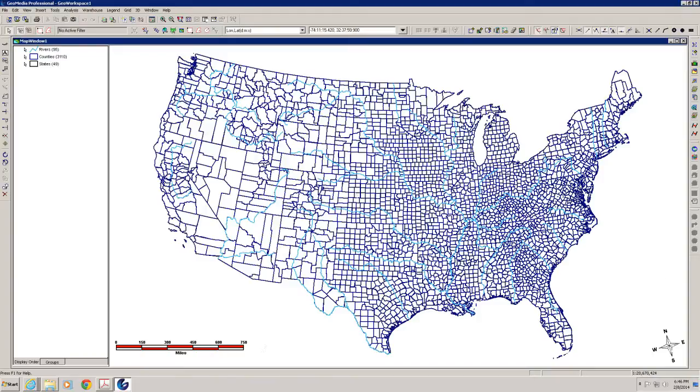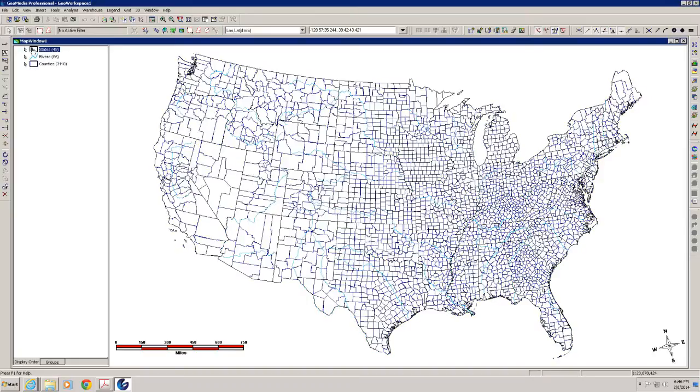north arrow, United States, up there with counties, and states and rivers. What I want to do is, if we left click and hold and move these up in the hierarchy of the legend, that places the selectability at the top. So let's go ahead for the fun of it